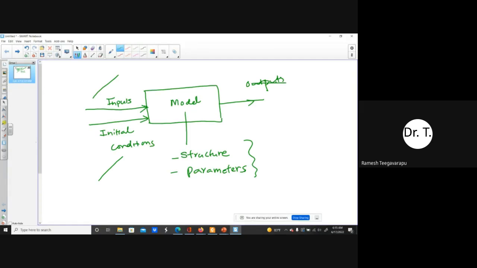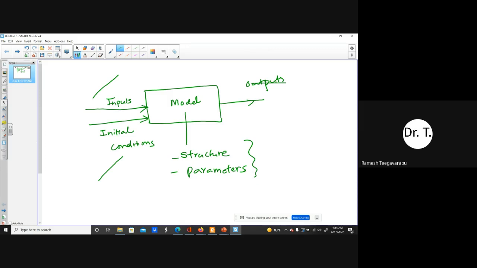to that process. So for example, if you are running a model for an arid region or some other region, you want to make sure that the structure of the model takes care of some processes, and that the model is able to represent the reality of those processes clearly. So that's the structure of the model. Now, that structure can pose some uncertainty in the sense that if that structure is not correct for the conditions we are applying, there is a possibility that you may get a different result.